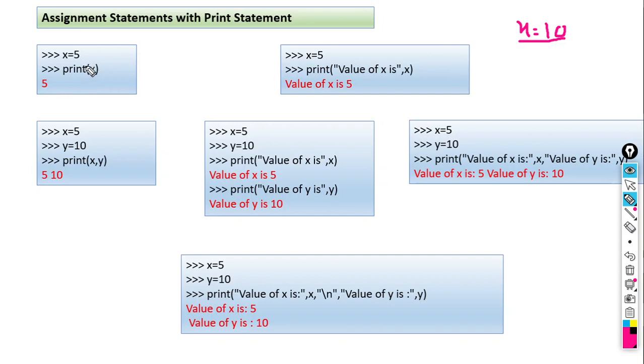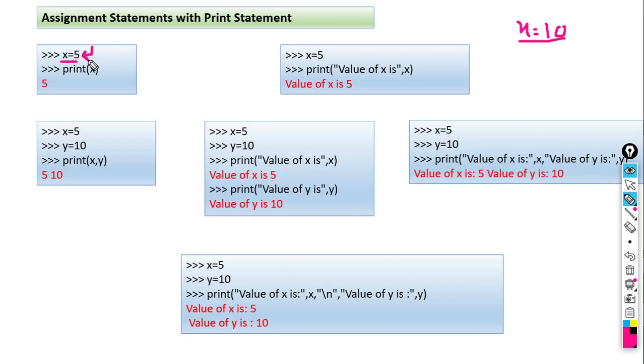So here, within the first example, we want to print the value 5. We can print it by using a single print statement also. But with the help of an assignment statement, how can we do this? We will see this. Here the Python prompt is there. We have to assign the value 5 to the variable. So we have stored x is equal to 5. Here the value 5 will be assigned to the variable x. Then press the enter key.